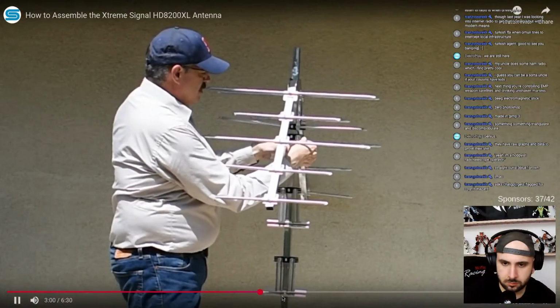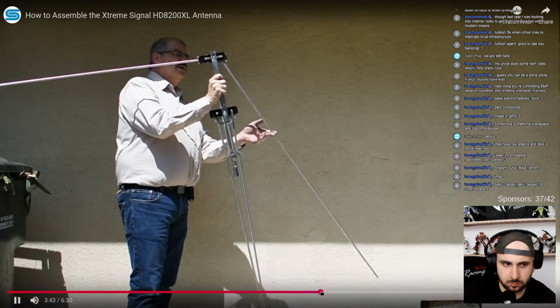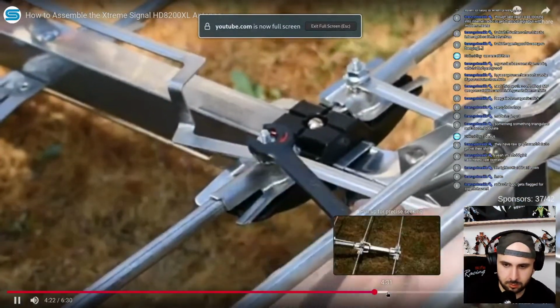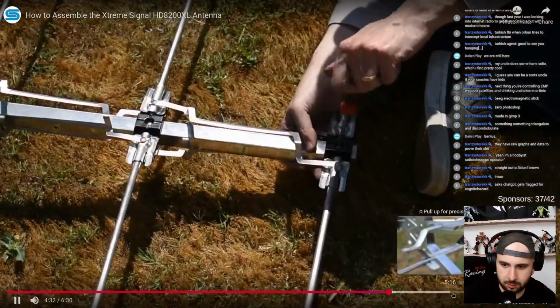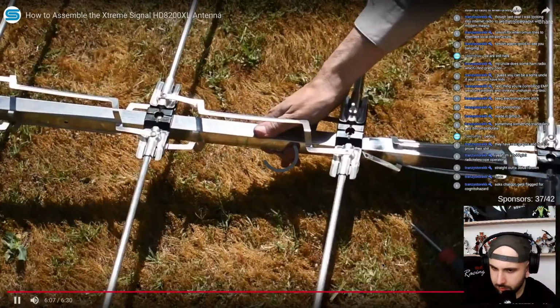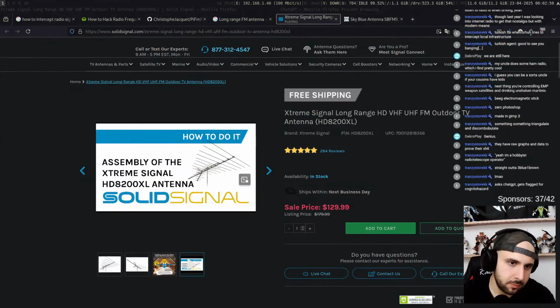It'll take some time, I'm not going to lie to you. I've got this video fairly shortened from what it was. Washer and a small nut, and then use the 3/8 inch wrench to tighten. Again, take out the brass bolt, put in the back section, and then it's going to be with you for years and years and years. It's an excellent antenna, and it's available now at